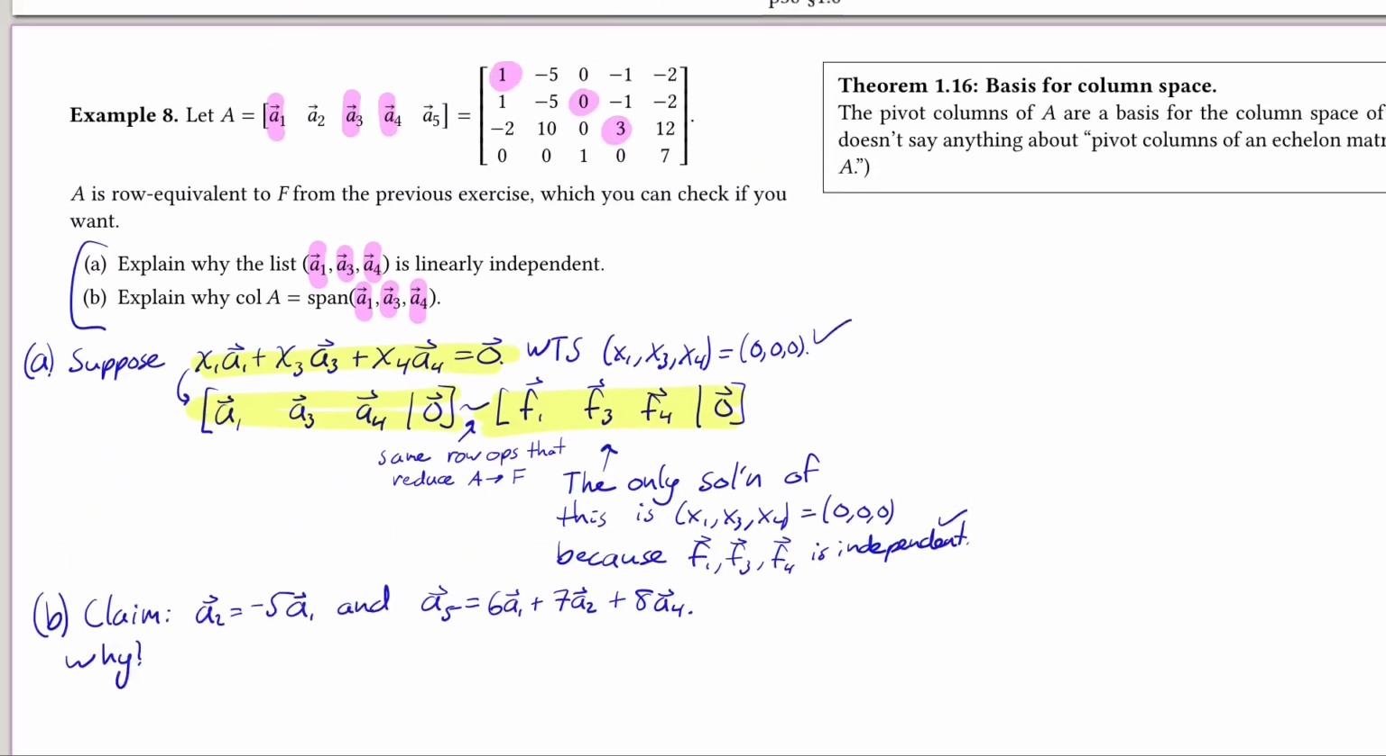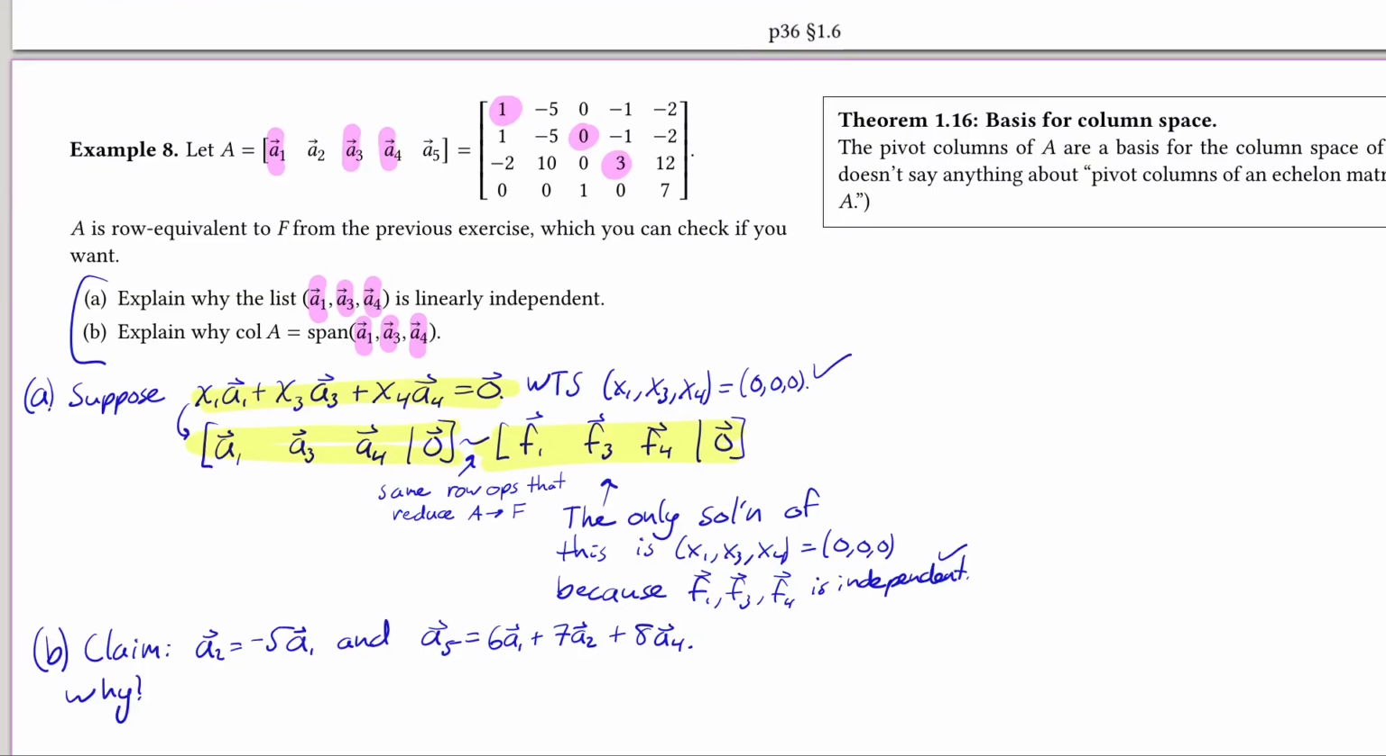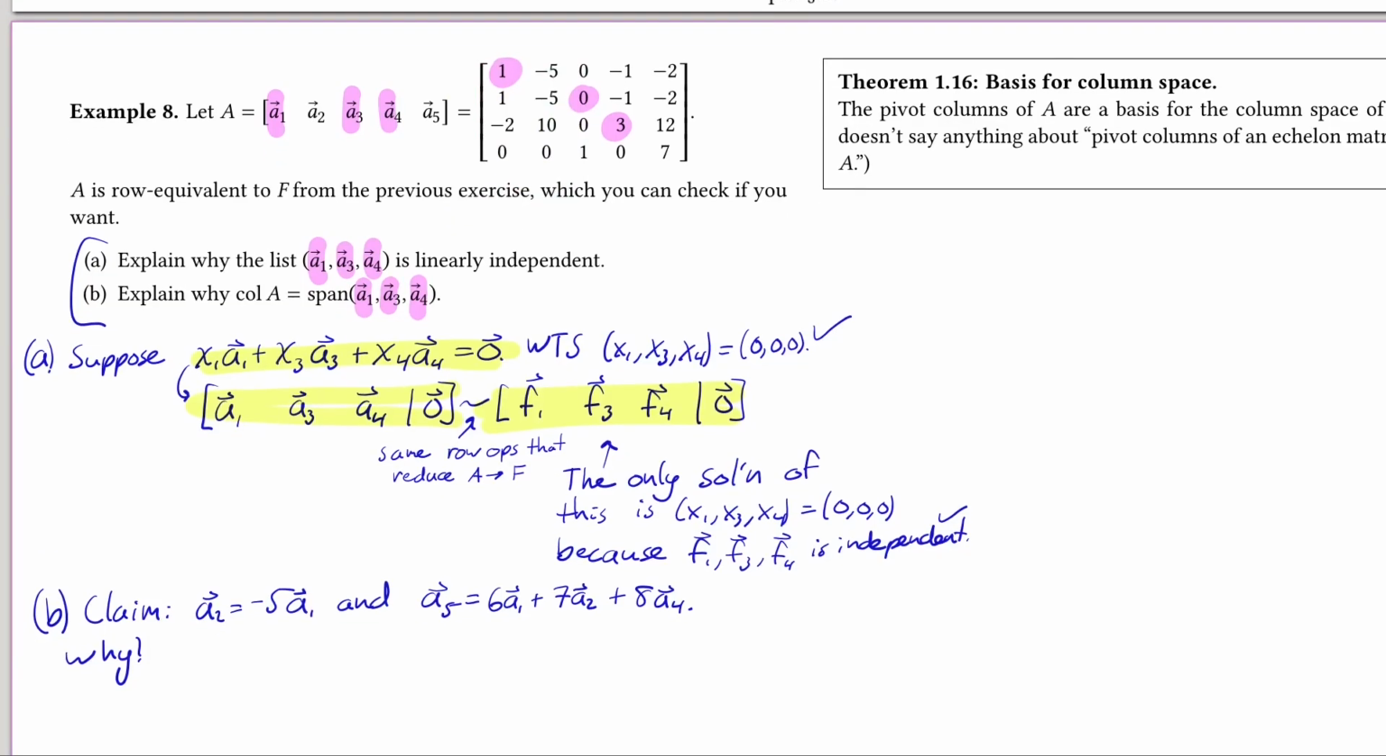And why? How do I know this? I mean, we could actually just check with this example. At least with the first one, it's pretty easy to check that the second column is negative 5 times the first one. But why does this work in general, that the non-pivot columns of any matrix A are going to be some linear combination of the pivot columns? And why is that? Well,